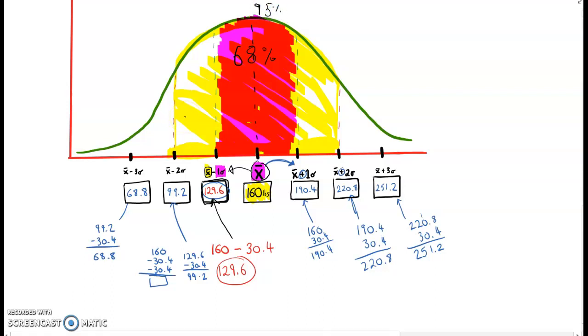Okay, so a normal distribution curve is just a way of representing the normal data that you'd find in such a finding. I mean, you're not going to get people that are 40 stone or 1 stone. People will fit